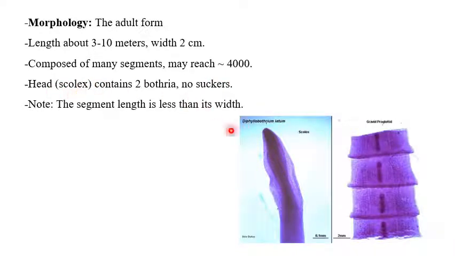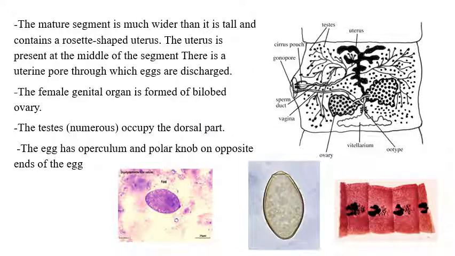The head or scolex contains 2 bothria, no suckers. Note the segment length is less than its width. The mature segment is much wider than it is long and contains a rosette-shaped uterus, as you see here. The uterus is present at the middle of the segment. There is a uterine pore through which eggs are discharged. The female genital organ is formed of a bilobed ovary. The testes are numerous,